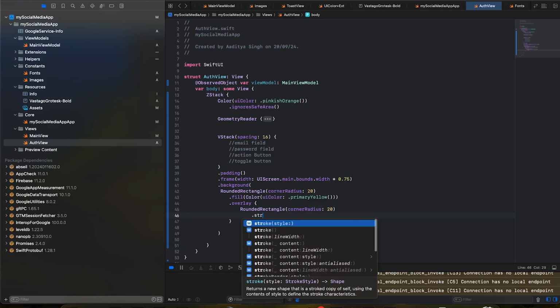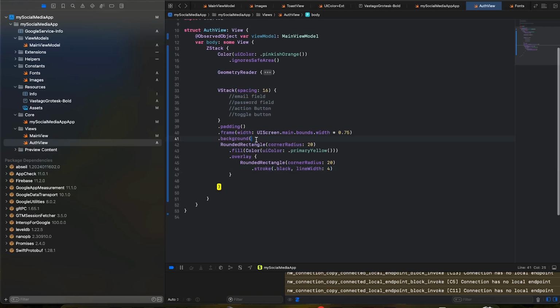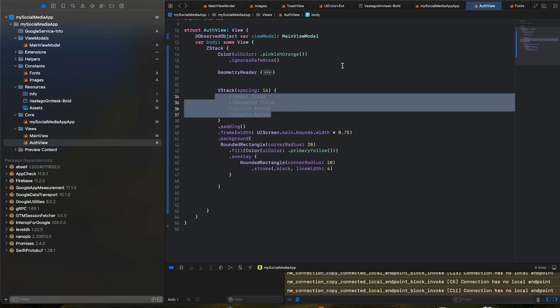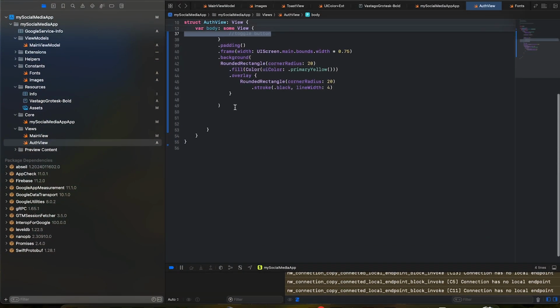This time it won't have a fill, but it will instead have a stroke, and the stroke would be .black plus a line width of 4. So we have done this much. The background part is complete. All these fields would be enclosed, they would have a background with a rounded rectangle on top of the screen. It just makes things a bit more